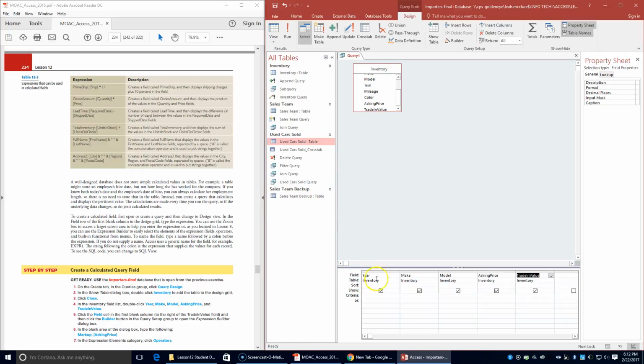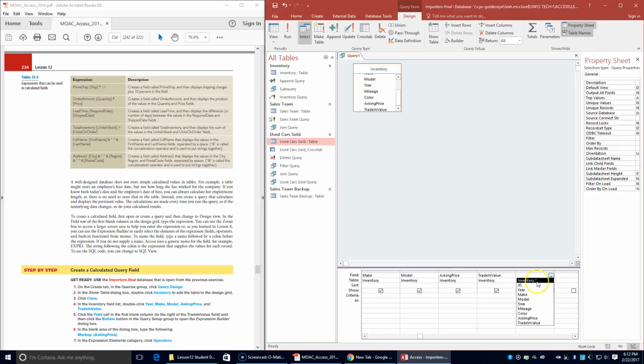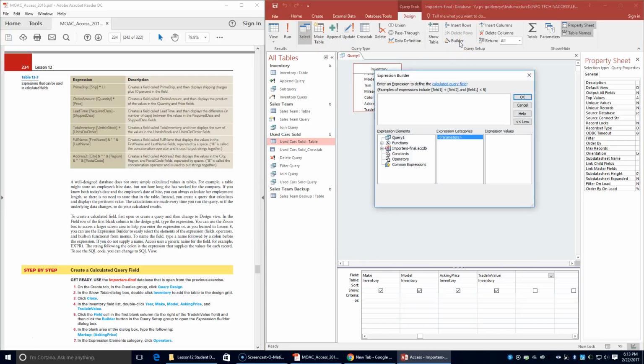Okay, so we're going to click the field cell in the first blank column to the right of Trade Value, so over here. And then we're going to click the Builder button in Query Setup. Okay, so click the Builder button to open the Expression Builder dialog box. In the blank area of the dialog box, we're going to type the following: Markup: [Asking Price]